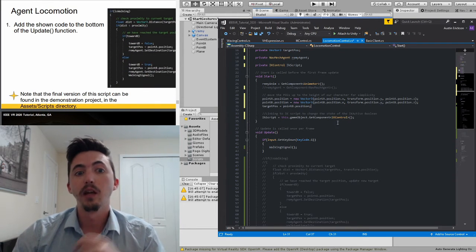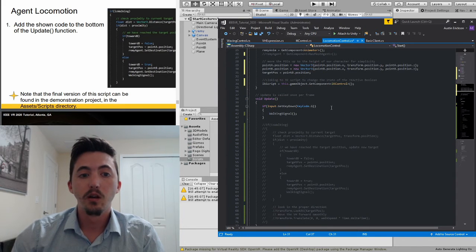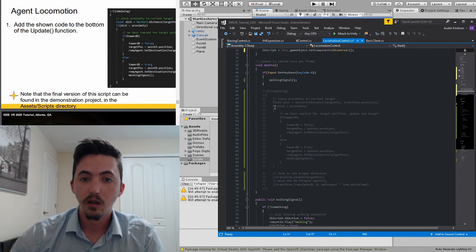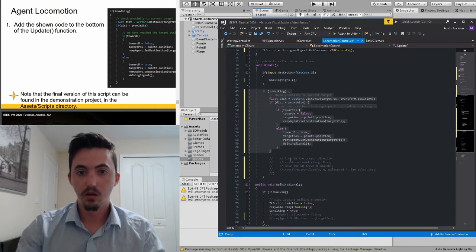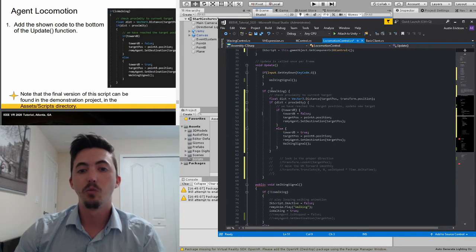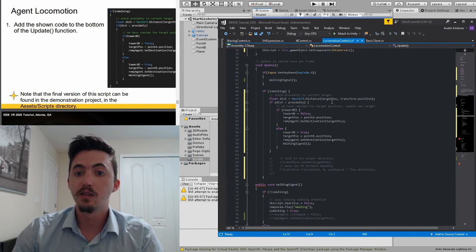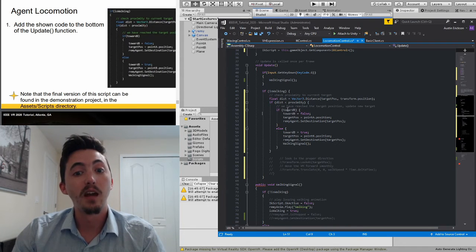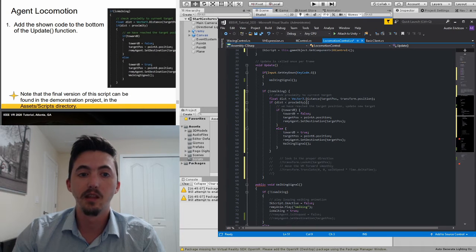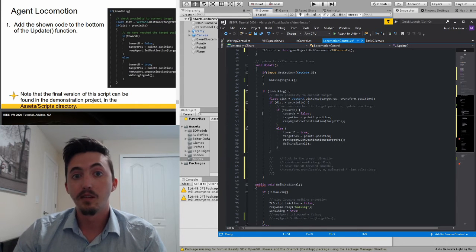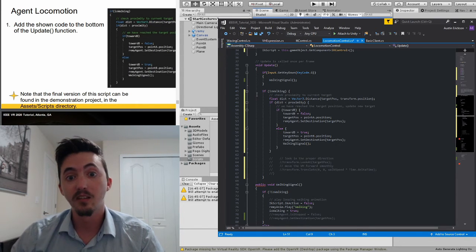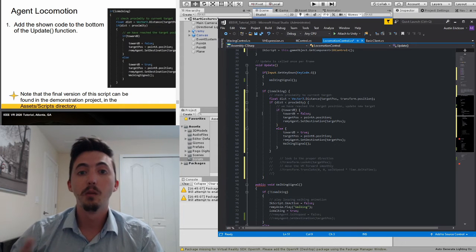So when you have that, go ahead and go down to the update function, and we are going to add in a bunch of code here. So we want to add this conditional statement looking at if Remy is walking, then we do want to check the distance. So we make a float distance, and we check his current position to the target position. And then we see if that distance is less than the variable we call proximity, which we set up at the top. So we could make this value anything we want. We just want to make sure that he gets close enough to that point before turning around to come back